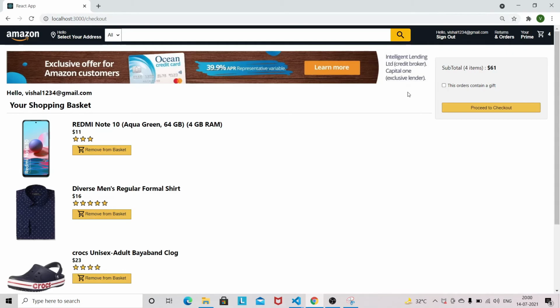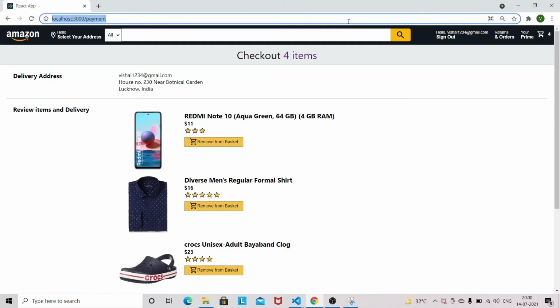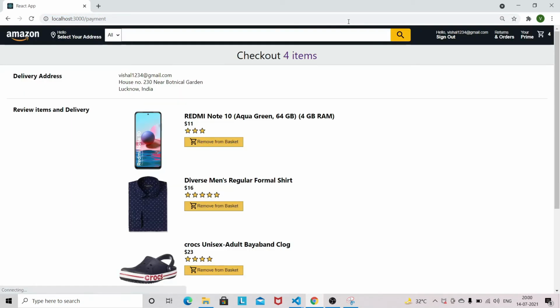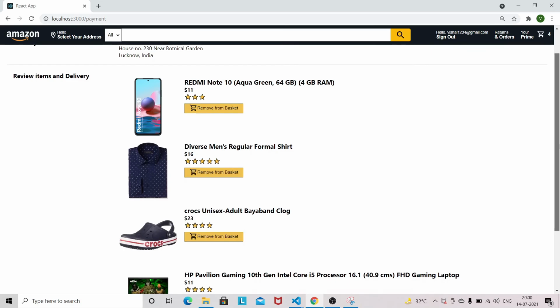Now you can see that we are able to persist the order total here, and we can check the same thing on the payment page as well. Click on proceed to checkout, and if you refresh it, you can see that the cart total is persisted in the payment page as well.